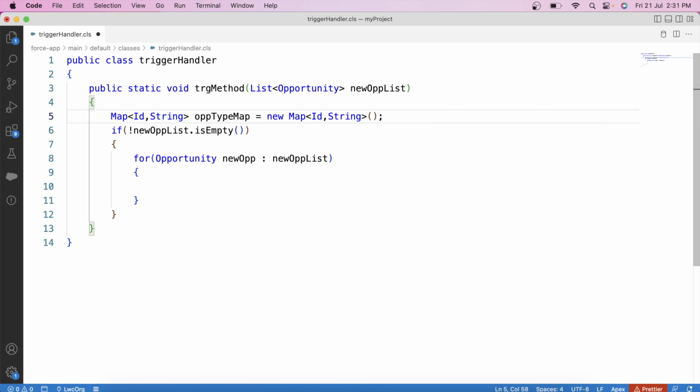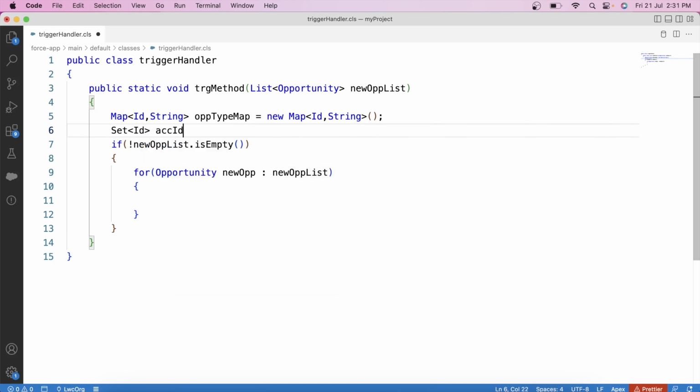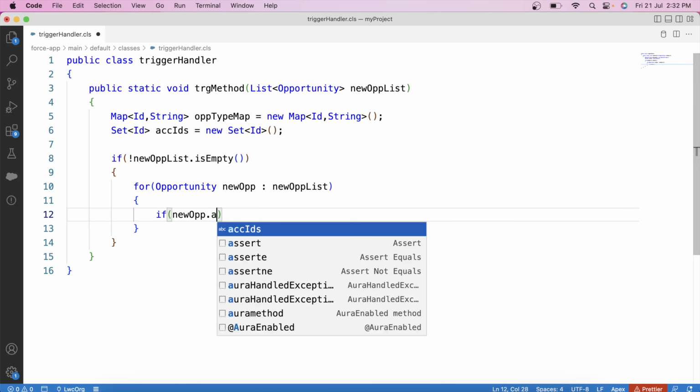And let's also create a set to store the parent account ID. Set ID, GCIDs, new set ID. Now see, we need that all of these values will be stored only when the user updates the type field of an opportunity record whose parent account ID is not null. I mean that the opportunity record should have a parent account. So let's use an if condition here, and inside this if condition apply a check for the parent account, new opp dot account ID